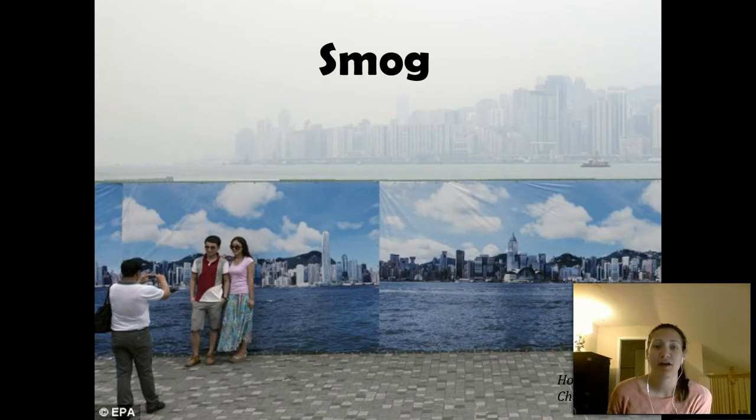Another problem that we have with air pollution is smog. And this problem is kind of more relevant than acid rain, mainly because we've addressed acid rain a lot and we've really cut down on the pH levels of our rain, particularly in the New England area. But smog is a pretty big issue. It still affects many regions here in the United States and even more so abroad, particularly in the rapid industrialization